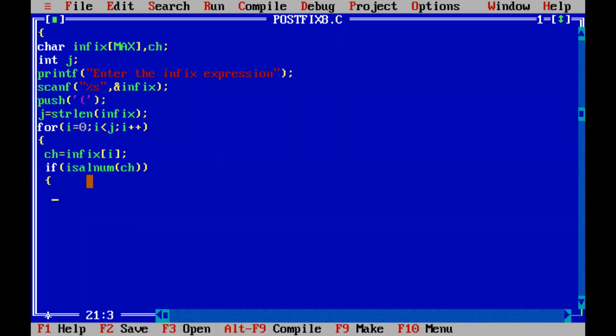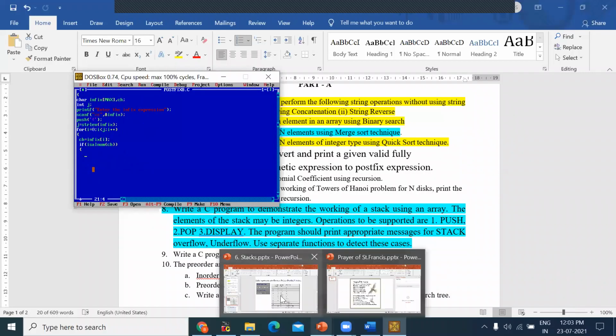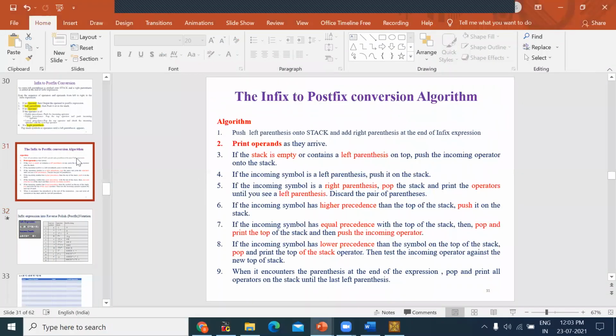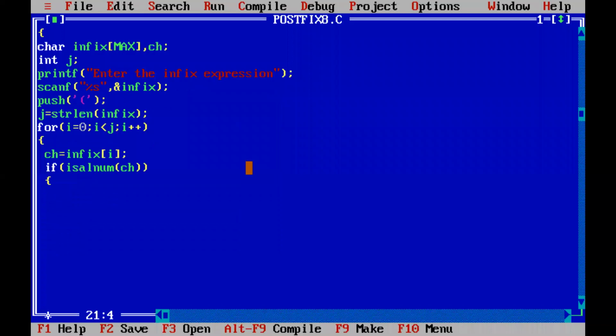So if it turns out to be true, if it is an operand, what are you supposed to do, Geolas? Ma'am, 1 second. If it is an operand, what are we supposed to do? Answers are not coming. If it is an operand, what are you supposed to do?